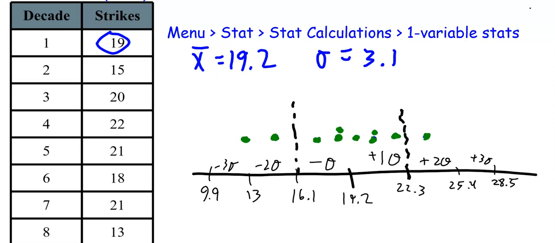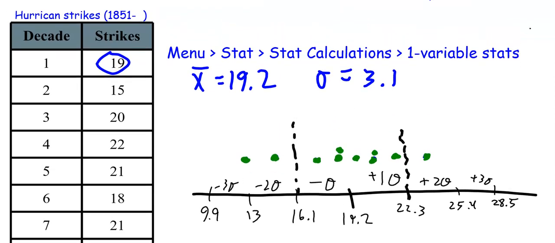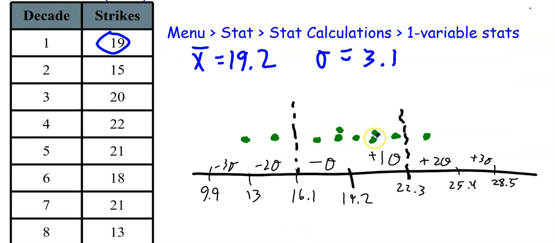Sorry about that. I'm just trying to demonstrate a picture of this. So it looks like 1, 2, 3, 4, 5, 6, 7. Seven of the 10 hurricane strikes were within 1 standard deviation of the mean. So typically, you're getting around 19 hurricane strikes in a decade. And seven of the 10 decades in the 100-year period were within 1